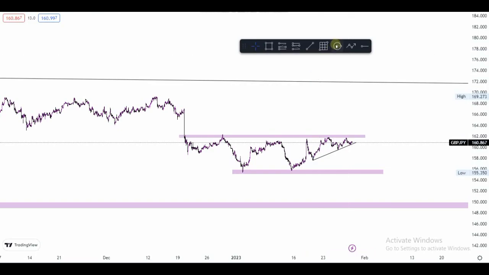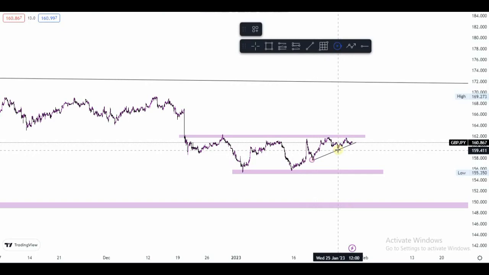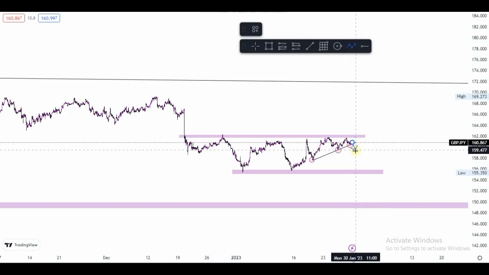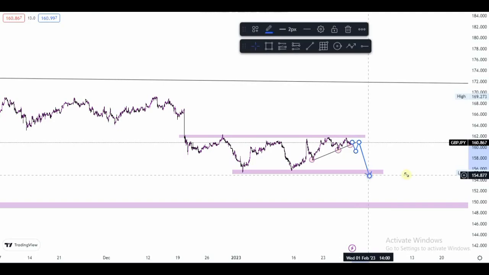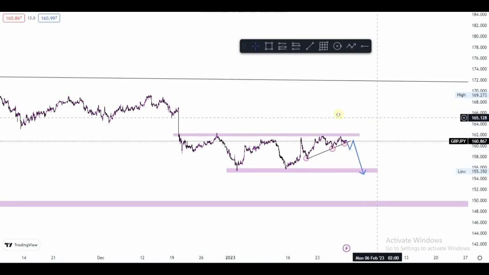Let me just identify it for you guys so that you can understand better. The purpose of me doing these analysis videos is for you guys to understand the market better. So as you can see, we have our 3 touches over here. What are we looking for? I'm looking to break this, seeing the market break the structure, coming back for a retest, then after that place my sell positions to this level. Yeah, so that was it for GBPJPY, and we're going to head over to